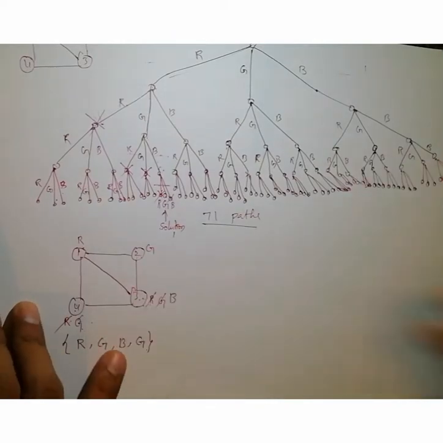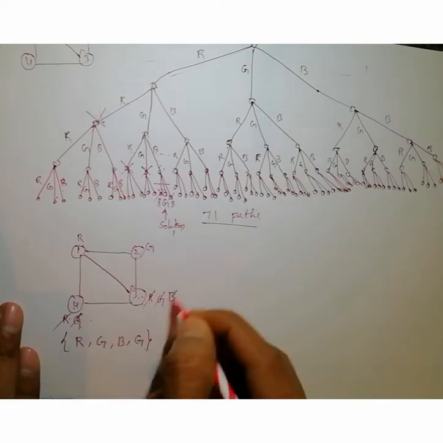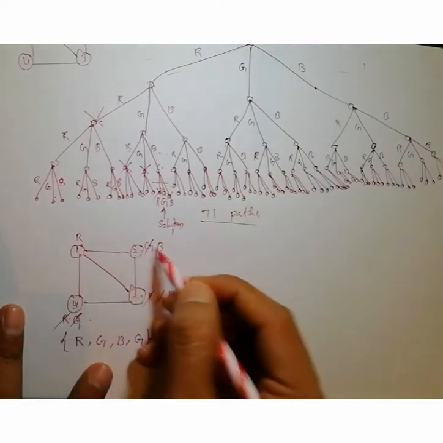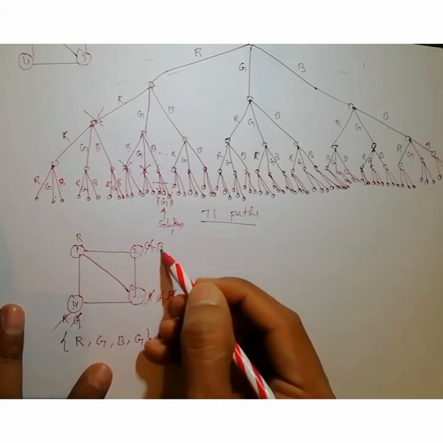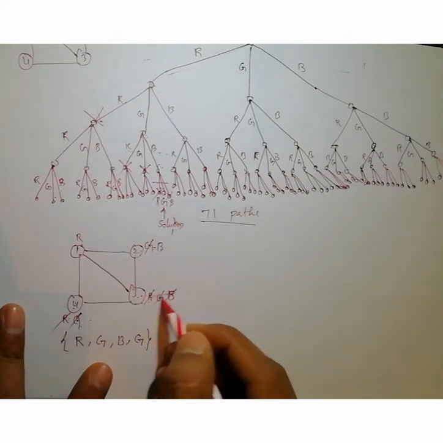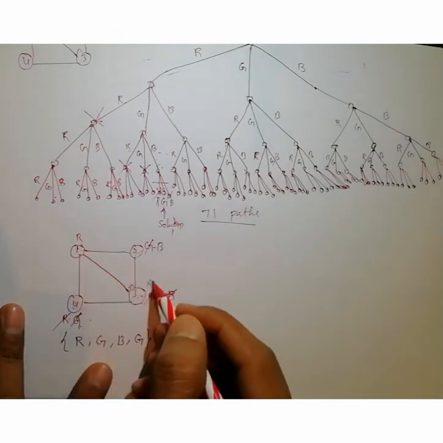So if you give for the second vertex blue color, what will happen? So just backtrack. If for the second vertex you give blue color, yes, no two adjacent vertices have the same color, so I can give blue color for this. Again for the third vertex, can I give red color? Just remove this. Can I give red color here? No, because these two adjacent vertices have the same color.